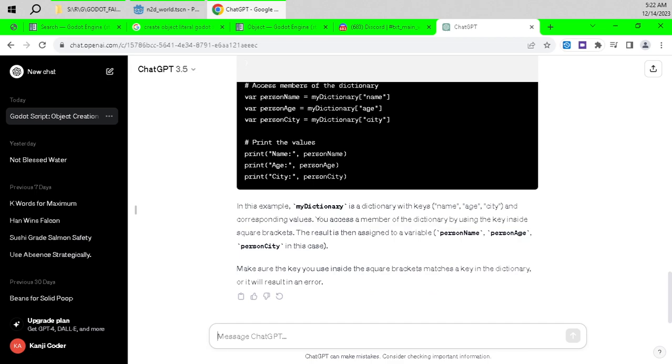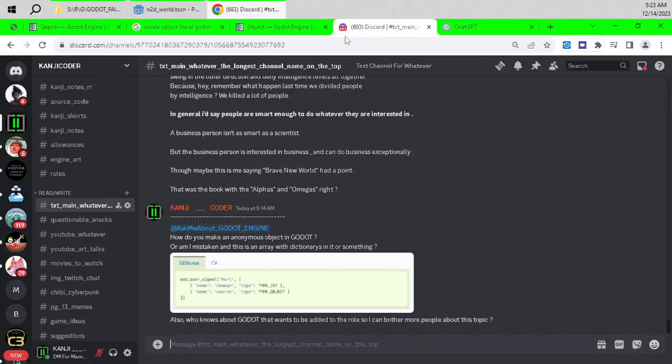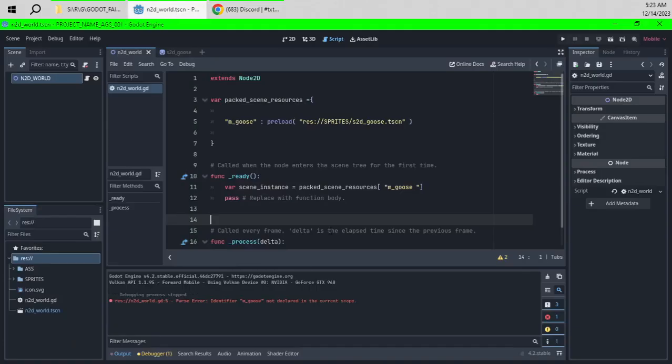That makes more sense to me. We'll do it in quotes because I want to know it's a dictionary when I use it. So if we do this, then we can get the scene instance,